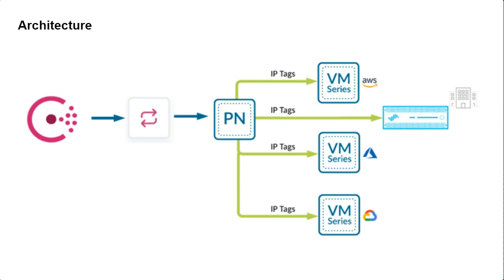This is very powerful. Think about this, right? So you might have VM-Series deployed across multi-cloud. So based on a change that happened and the Consul service catalog discovered, okay, this specific tag belongs to this IP address. Now my entire estate is aware of that IP address. This is truly powerful. Now you can write very granular policies. For example, if these IPs belong to an app group, block all that kind of traffic communicating out to the internet. So think about that. So that's what we're trying to demonstrate today.